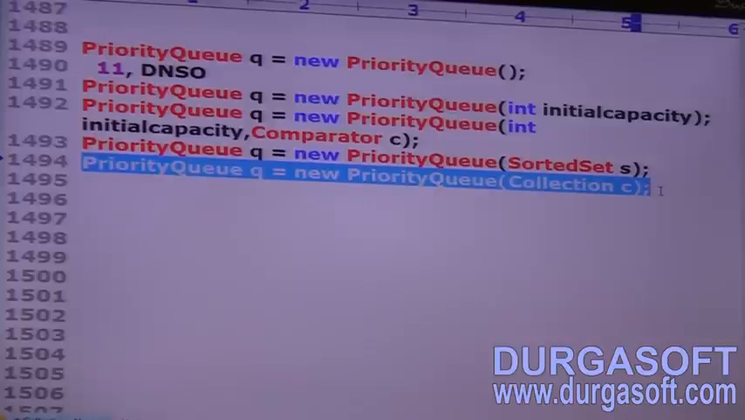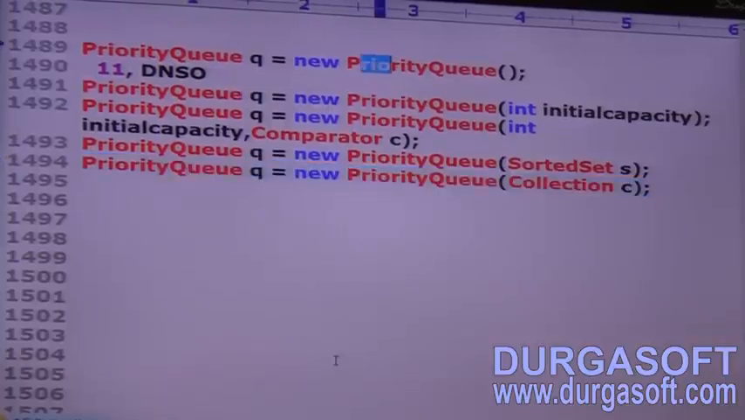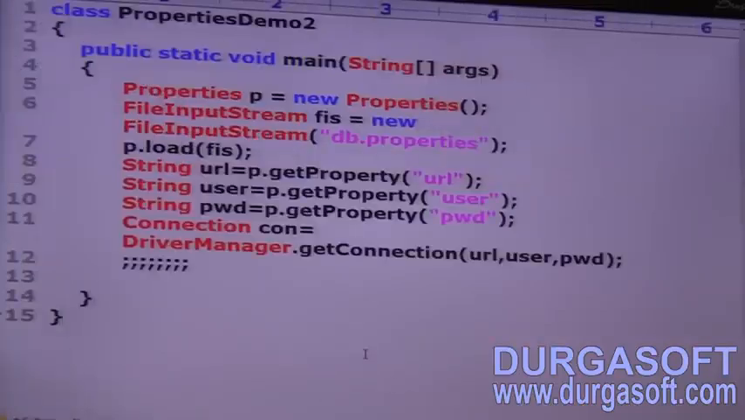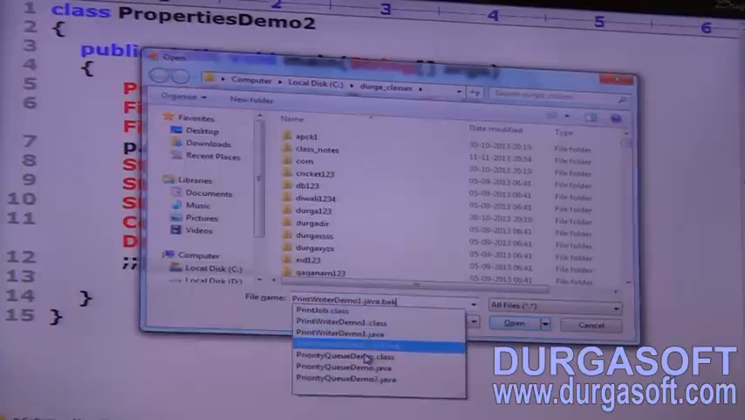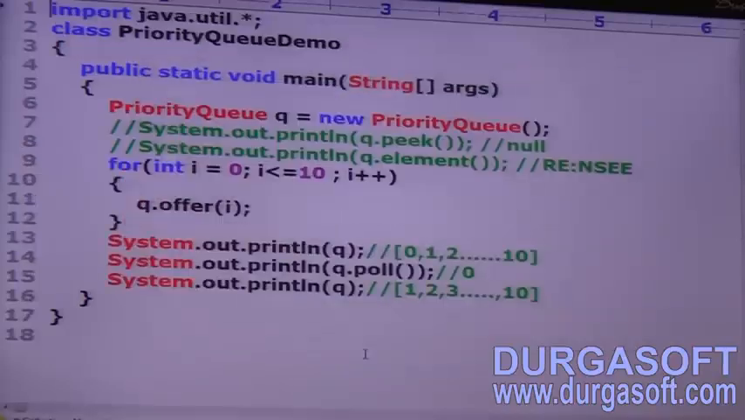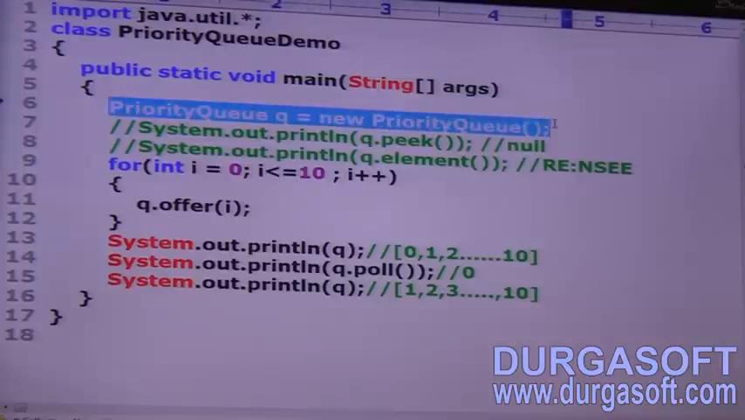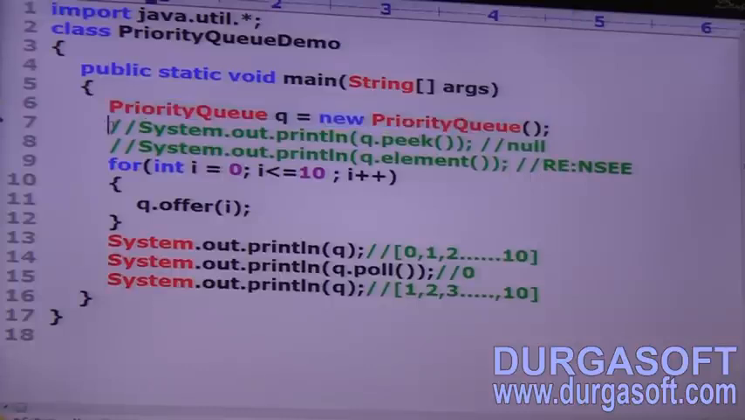Okay, now let me go for a simple program. So one is default natural sorting, the other one is customized sorting. Let me explain with a small example right here. See, PriorityQueueDemo.java. And here, priority queue is equal to new priority queue. Sir, I am creating an empty priority queue. Now I am asking